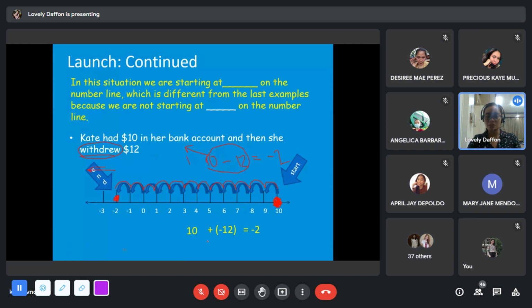This other one will not satisfy the situation for the reason that wala man ta nagdugang og negative 12, but instead we withdrew 12 from 10. So kailangan talaga nga 10 minus 12. It's only that 10 plus negative 12 will always result into subtraction for the reason that they are unlike signs. So pag maabot na ta dito sa operation of integers, lisod siya subton in the sense nga wala mo gud na represent into a number line.